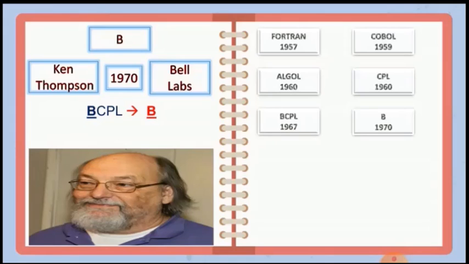Ken Thompson and Dennis Ritchie were working together on developing the Unix operating system, and for that Ken Thompson introduced the language B. When they tried to use the B language in a higher version, it wasn't able to utilize all features. So for that,